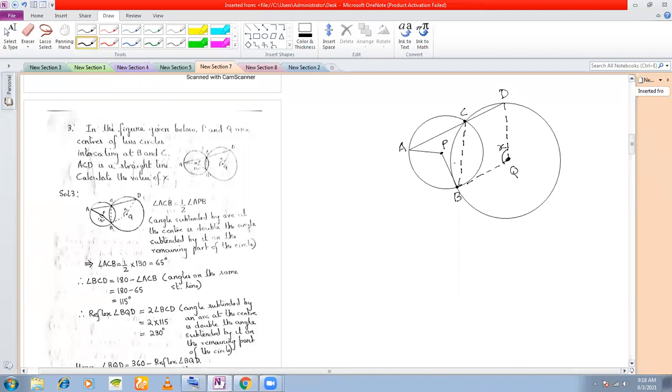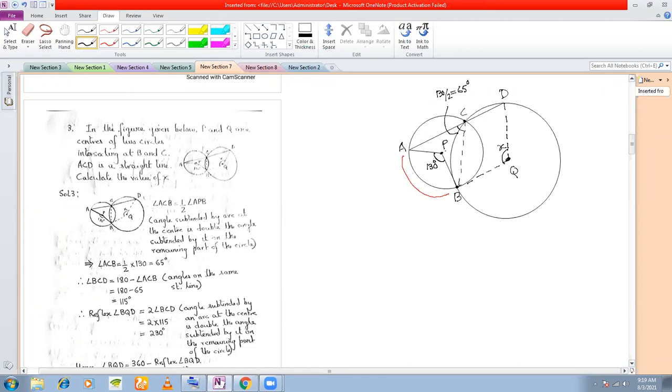Now one more angle is given here. This angle is given, 130 degree. Okay. Now with the help of this, we are going to calculate the value of x. So first of all, what you realize is this 130 degree is the angle on this arc subtended at the center of the circle. What is the angle subtended on the same red marked arc on the remaining part? If you see, this is the angle that is subtended on the remaining part of the circle, right? So this angle must be how much? Half of 130, which is equal to 65 degree.